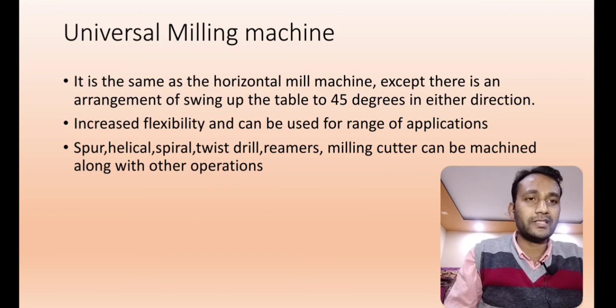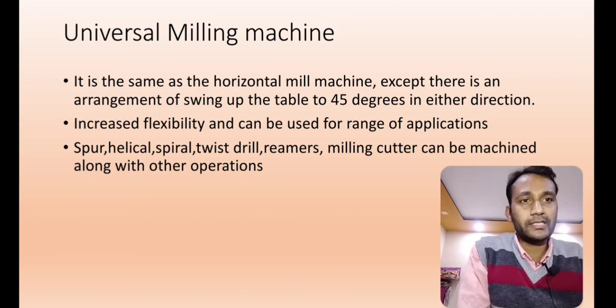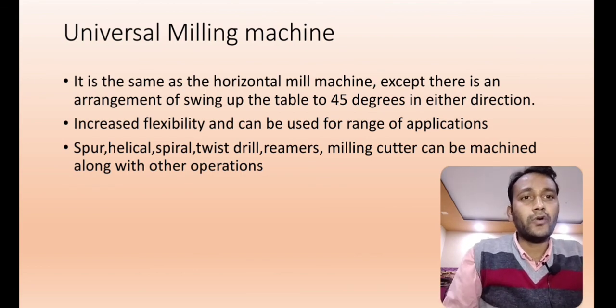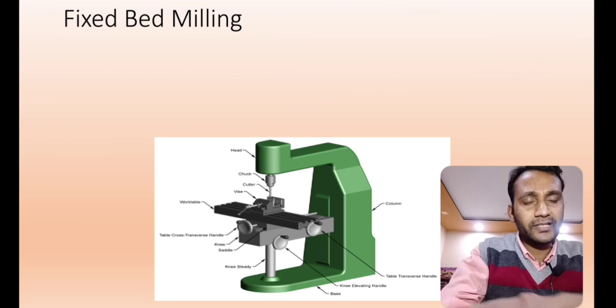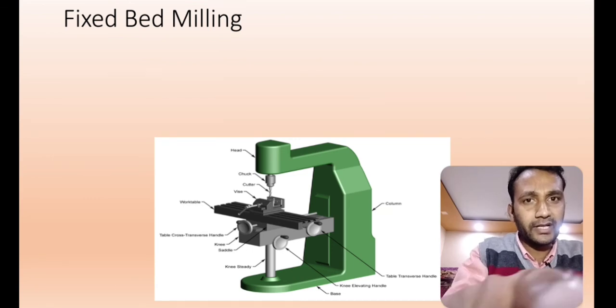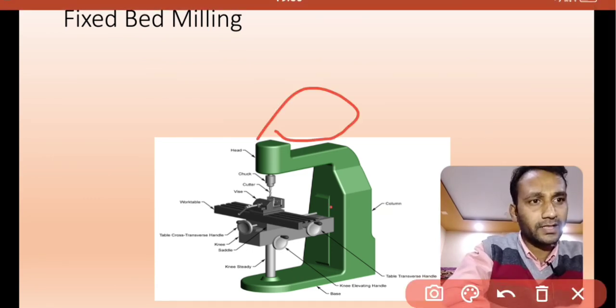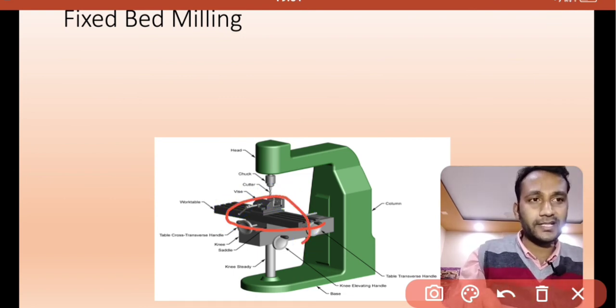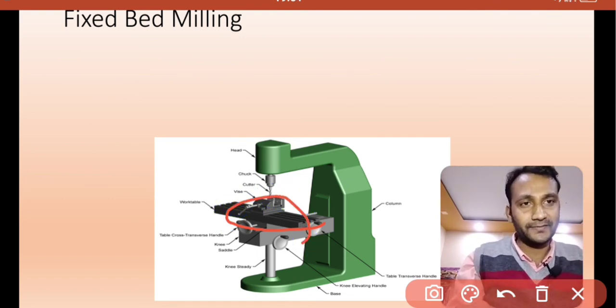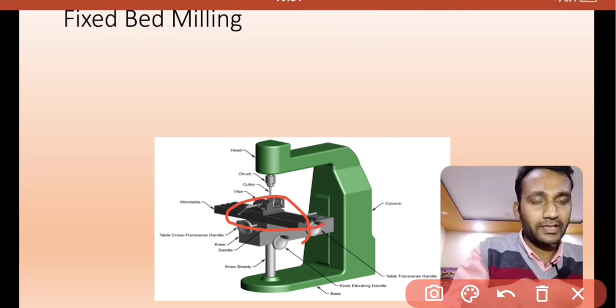You can understand reamers are used to finish the existing hole. And as far as boring is concerned, boring is enlarging the existing hole. Other things are, this is the fixed bed type milling machine, and this is also a fixed bed type milling machine. You can see this bed can't move. This bed is fixed, but as far as this spindle is concerned, the direction of the spindle is vertical. Okay, so this can be used for various purposes or operations.